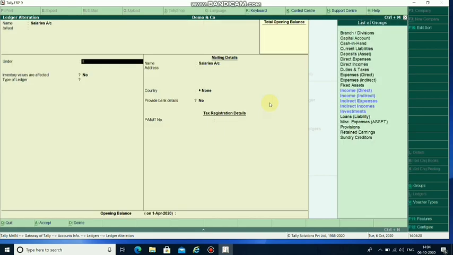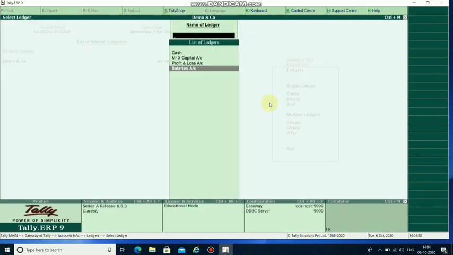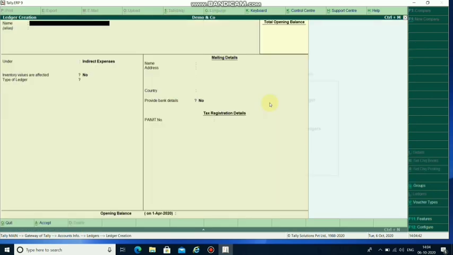Indirect expense is the correct category, so I'm selecting that only. Hope you understand what single ledger creation is. Very simple. What I explained here is how to name a ledger and which group it comes under. No additional settings are discussed in this video as of now. Next,